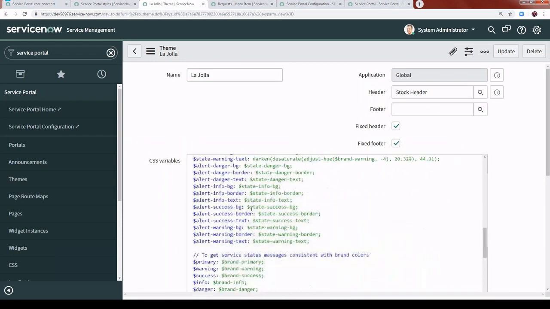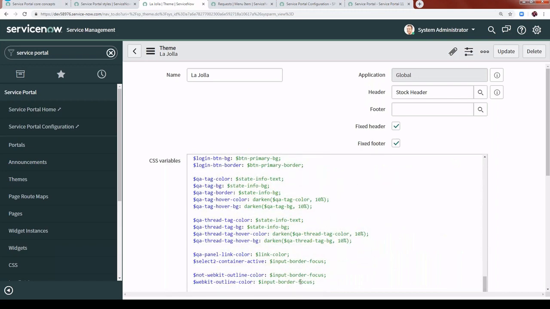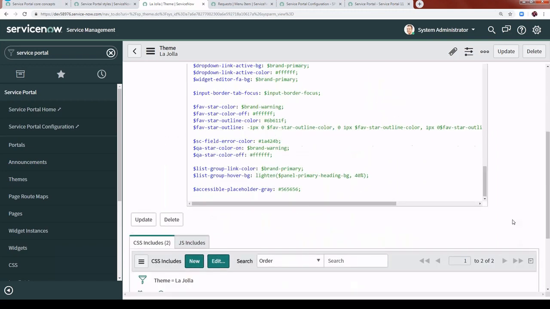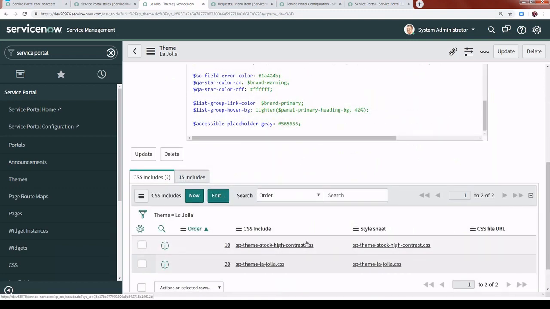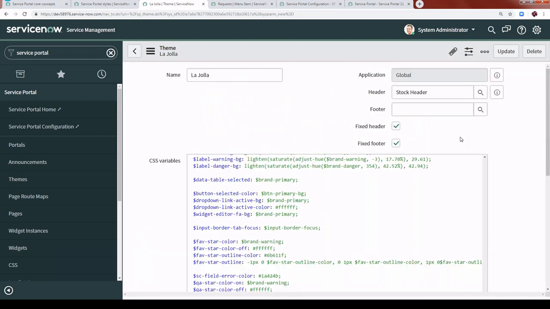There are some variables declared here for the CSS. Also, you can include some external CSS class or CSS page to connect these themes, because it's not possible to write everything in the same page. So they connected the external style sheet to use as a theme. Also in the theme, you have one widget which is controlling all those things. If I open this,